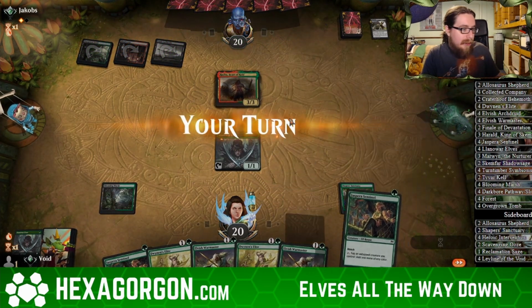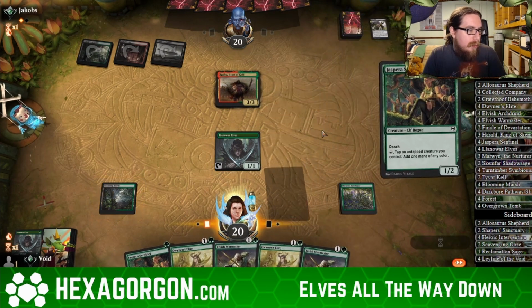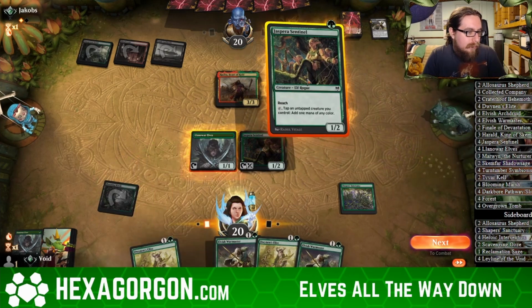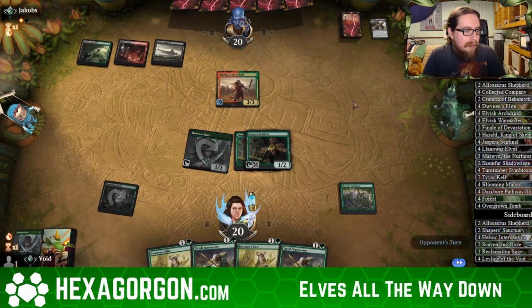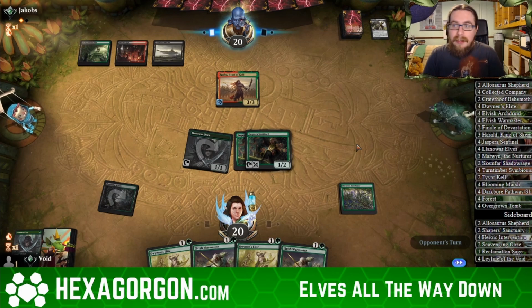Well, we kept a one-lander and we got punished. But that's fine. We're just going to play out some elves. Look at all these elves. So many elves. And this sanctuary's going to sit here and it's going to draw us cards until they hit it with Assassin's Trophy. And then we'll get a land off the Assassin's Trophy and...